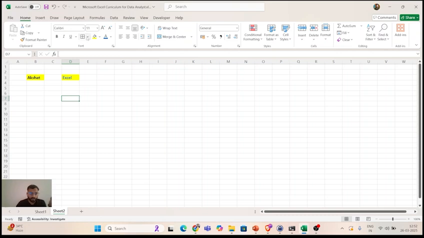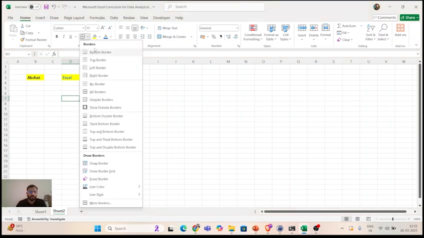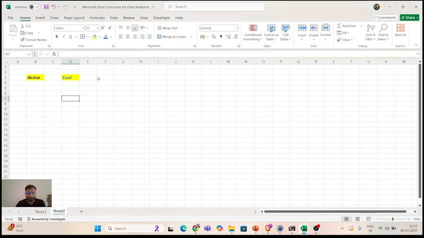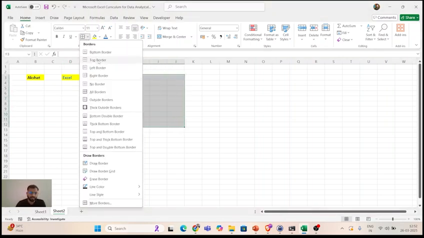After that, you can see this option, right? So these are all borders. We can create borders also. Let's say I selected all of these cells. I have some data in these cells, correct? And I want to make a border. So let's say top border. At the top it will have the border. Then there are all borders, no border, thick outside borders.